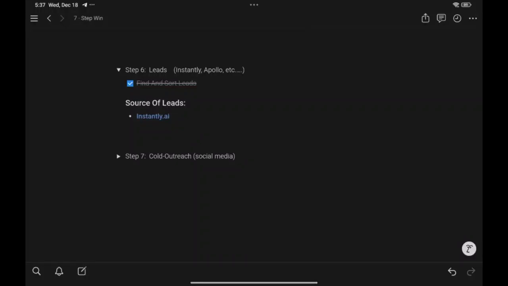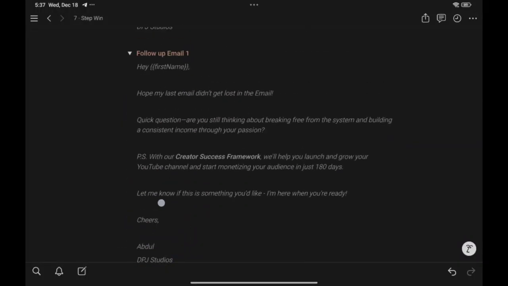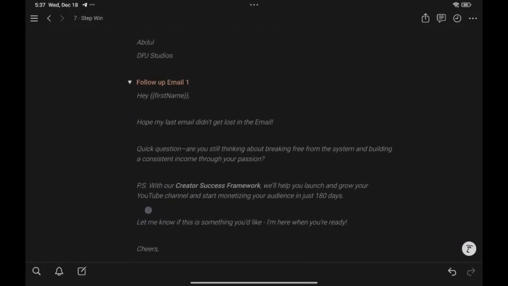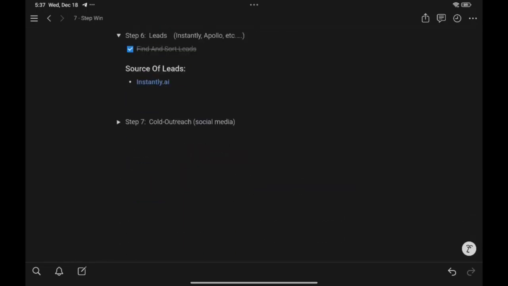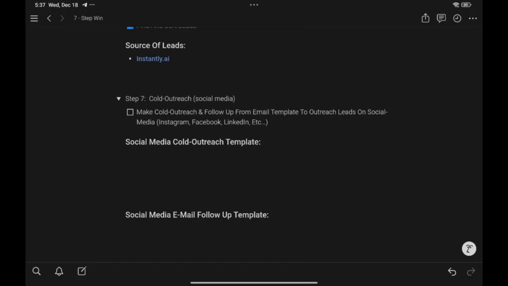And step 7, the final step: if you don't get any responses from your emails after gathering leads and sending all your follow-up emails, here's what you do. Step 7, cold outreach, social media method.